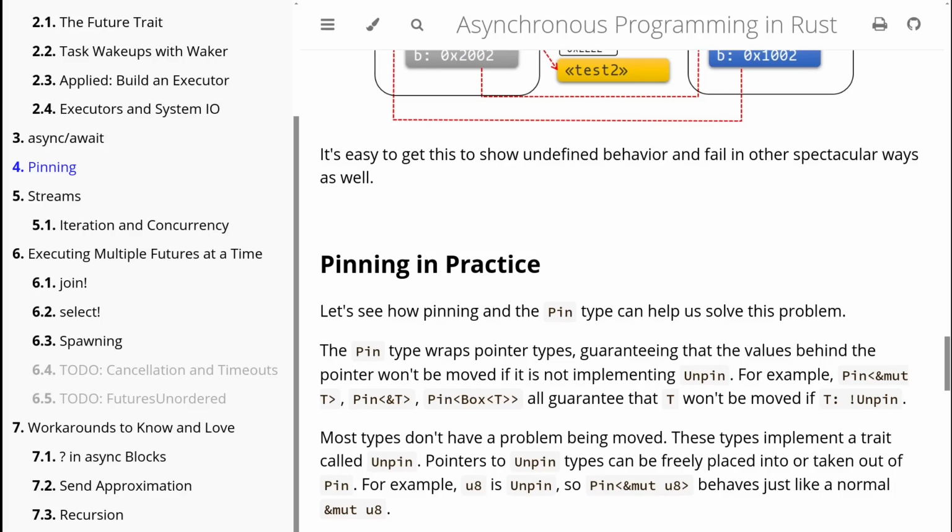Pinning in practice. Let's see how pinning and the Pin type can help us solve this problem. The Pin type wraps pointer types, guaranteeing that the values behind the pointer won't be moved if T does not implement Unpin. For example, Pin<&mut T>, Pin<Box<T>> all guarantee that T won't be moved if T